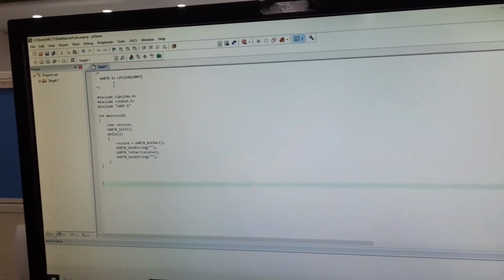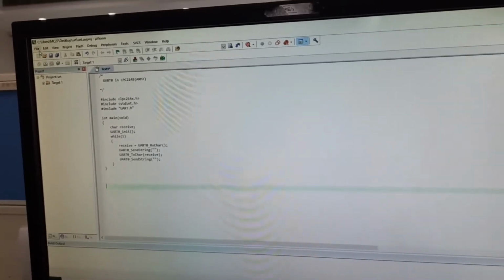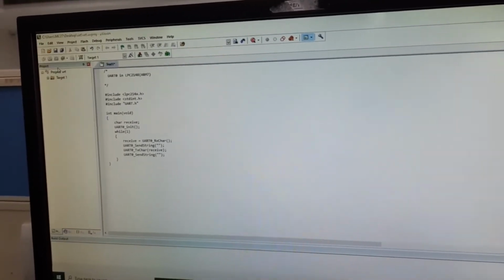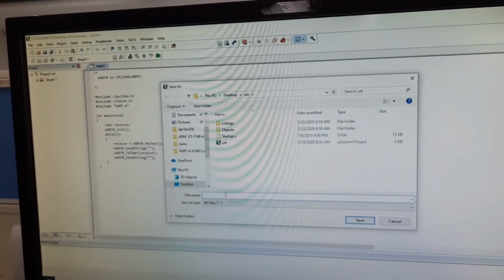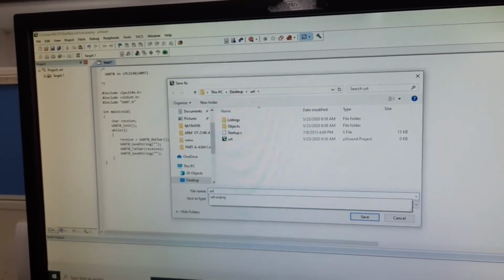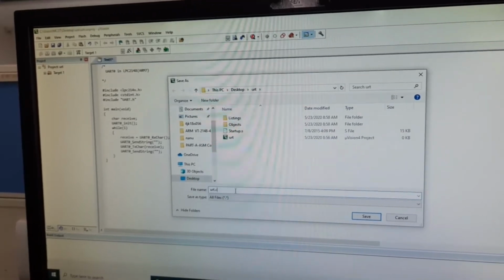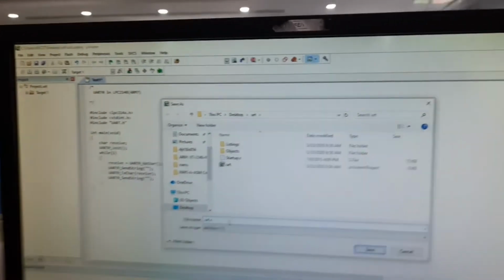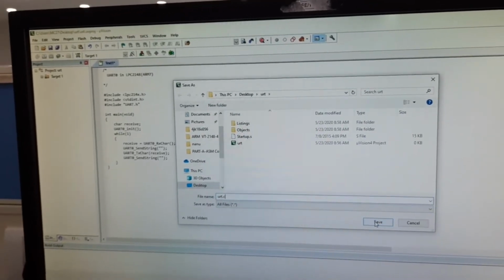Now we have to save this program. Go to file, save in your folder, and give the file name URT.c. The .c is the extension; we have to save an embedded C program with the .c extension. Then go to save.